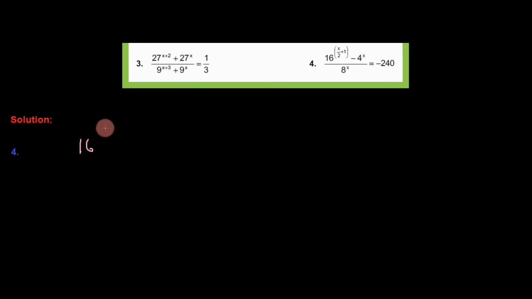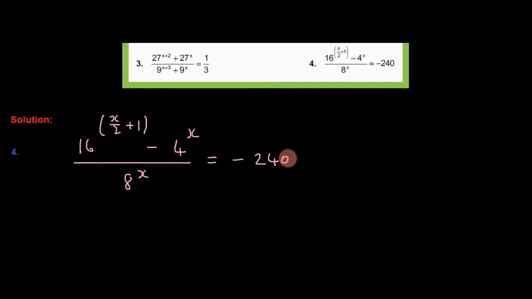So we have 16 to the x over 2 plus 1 minus 4 to the x. This is all over 8 to the x. So 8 to the x equals negative 240. We're going to start by using prime factors of 16, just simplifying the